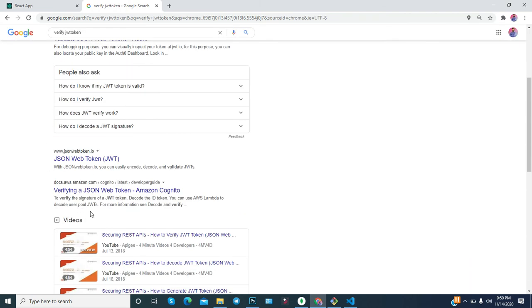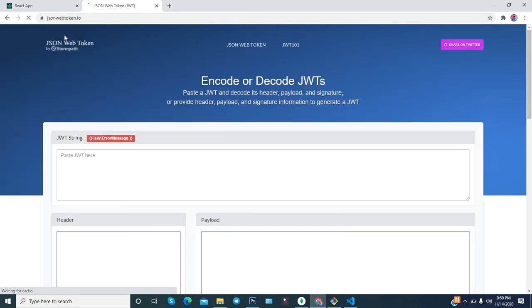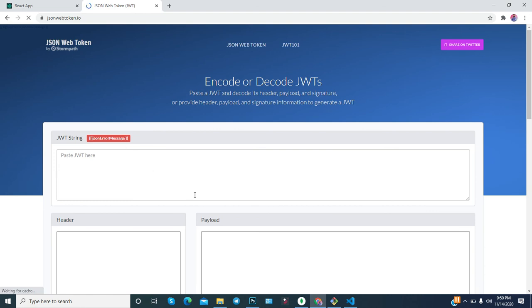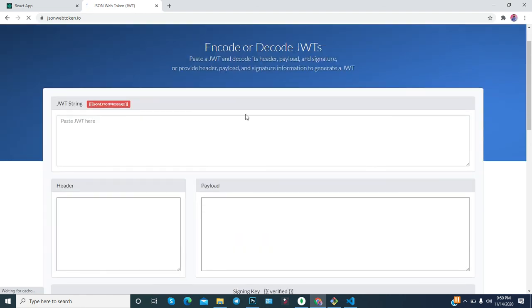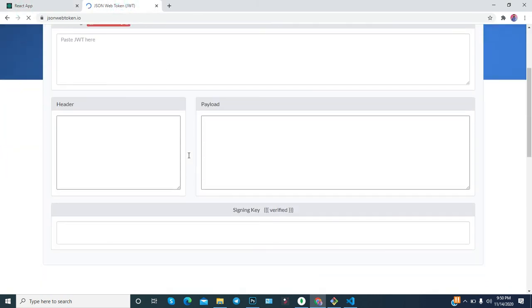So like this, jwt web token, this is the official documentation for the JWT, and jsonwebtoken is for Node.js. It is taking a little bit of time.